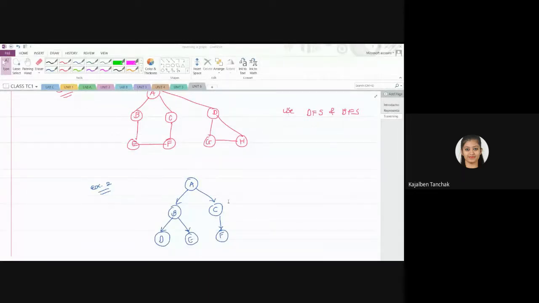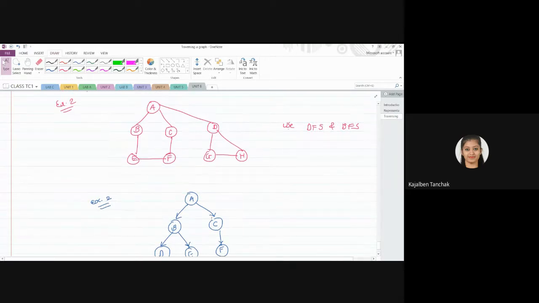Now see, for the direction also the same thing will happen. If there is a direction, that means you can visit that node, otherwise you cannot visit it. Okay, the same thing will be applied here. It's okay, Janvi, you can start from any node, that is fine. And if you have started from node C, then what will be your answer?